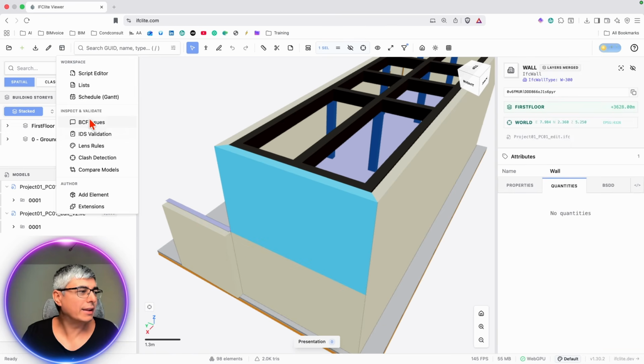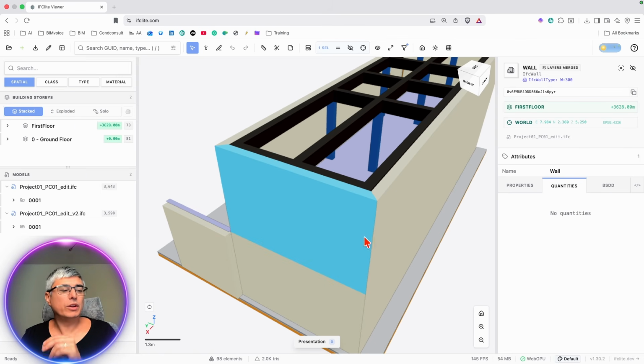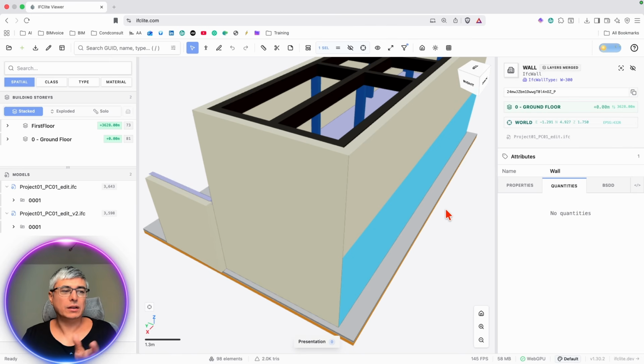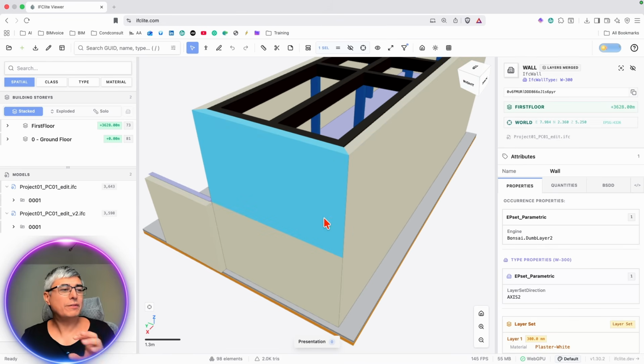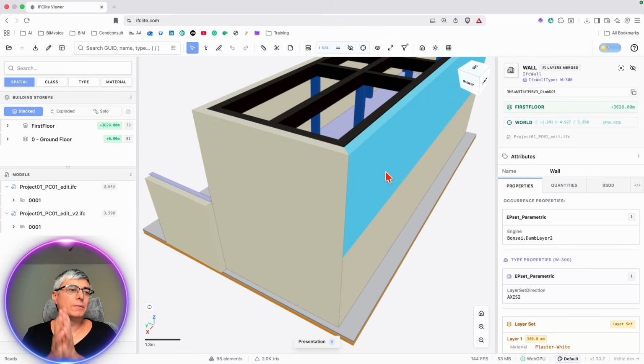I have to go back and uncheck that. Well, let me tell you something. I always like to have a panel where I can read the information from all the objects that I click on. So I think it would be amazing if we could add these panels, one or more panels. For example, I would like to add a parallel one right here,